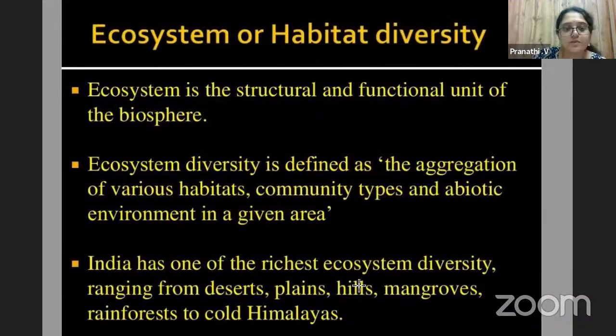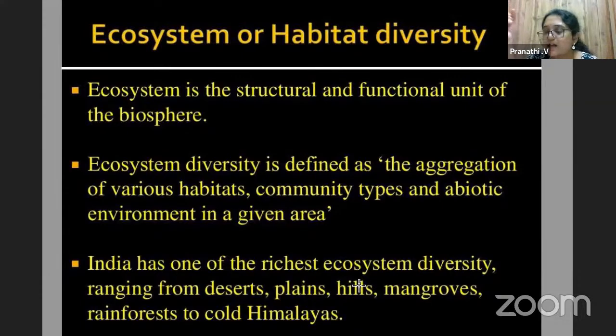And when it comes to ecosystem or habitat diversity, ecosystem, again, we know that it's a structural and functional unit of the biosphere. So it is defined as the aggregation of different habitats, the different types of communities, and the different kinds of abiotic factors present in a particular area. So when you talk about a desert ecosystem or an aquatic ecosystem, what is the kind of habitat over there, what are the different kinds of communities living in that ecosystem, and